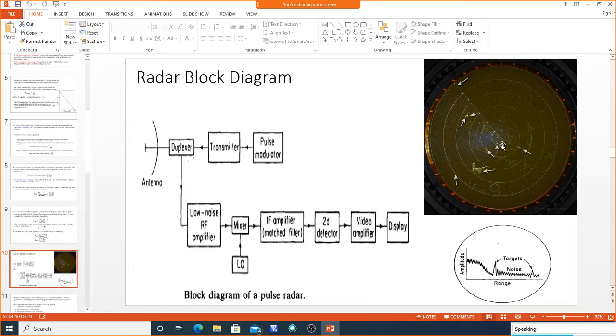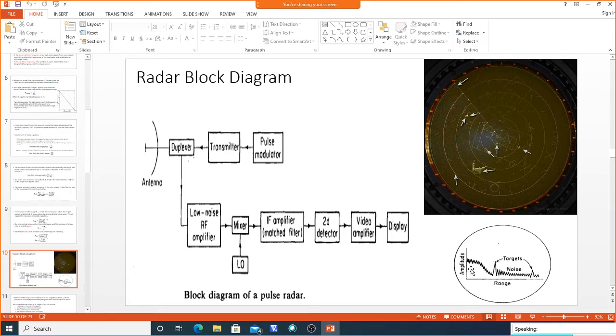So then we can properly detect the target with respect to the angular position. We can even represent this polar form in another form, that is amplitude versus range. At a particular range position, you will have the maximum amplitude of the received signal. There we can find out whether the target is there or not.